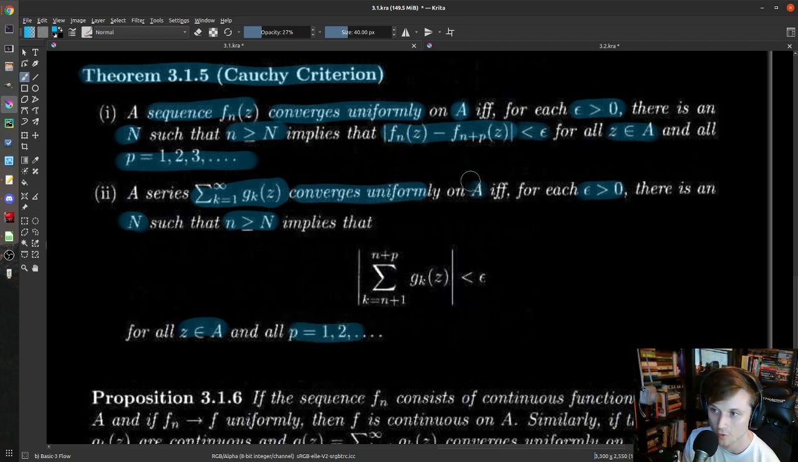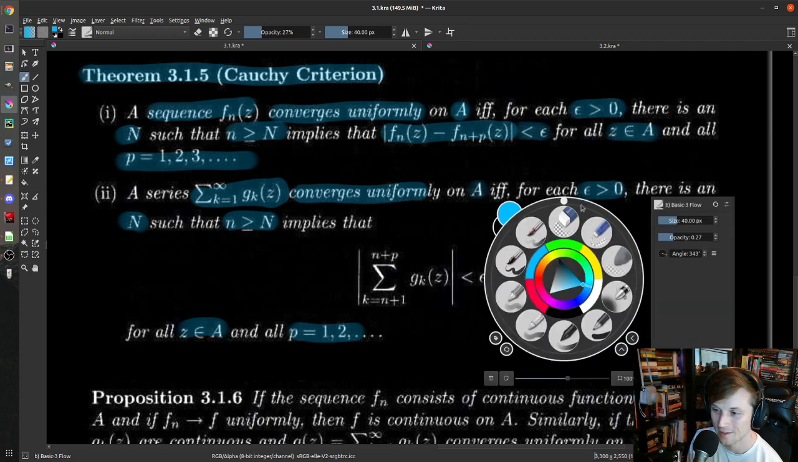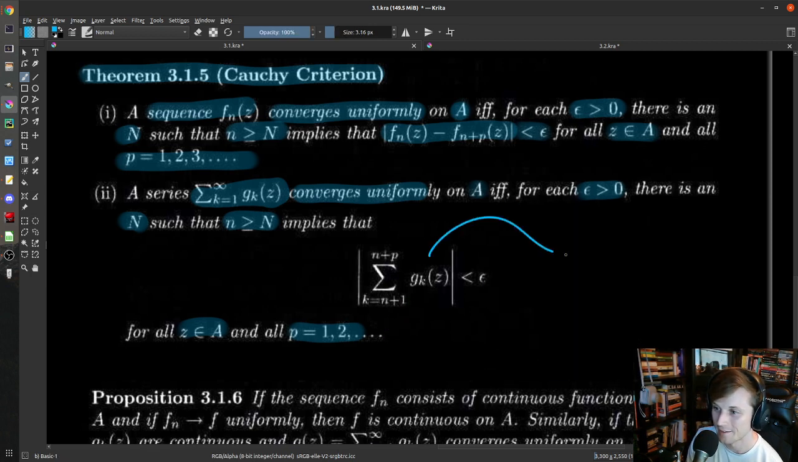Notice the first one immediately gives you the second one, since when you take the difference of two sequences of partial sums, you just cut off the first n terms, like f_{n+p}, right? Does that make sense? It's this guy right here